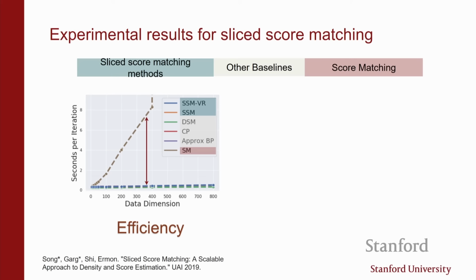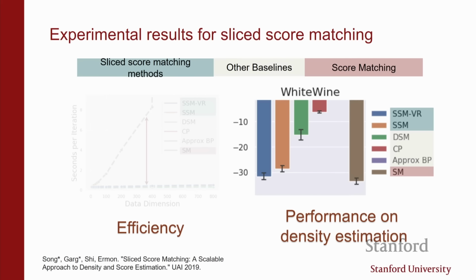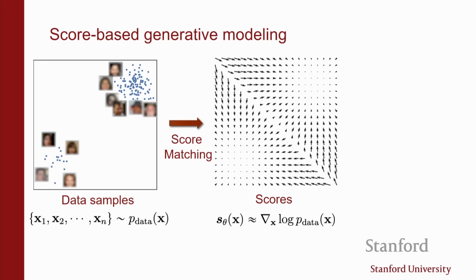And in terms of model quality, not super important what this graph means, but what you get with sliced versions of score matching matches pretty much what you would get with the exact score matching objective. Now, the final thing I wanted to talk about is how do we do inference? How do we generate samples? Suppose that somehow we're able to, question.